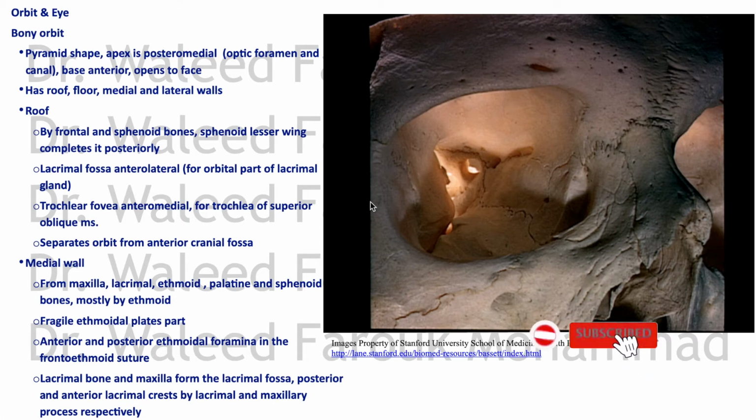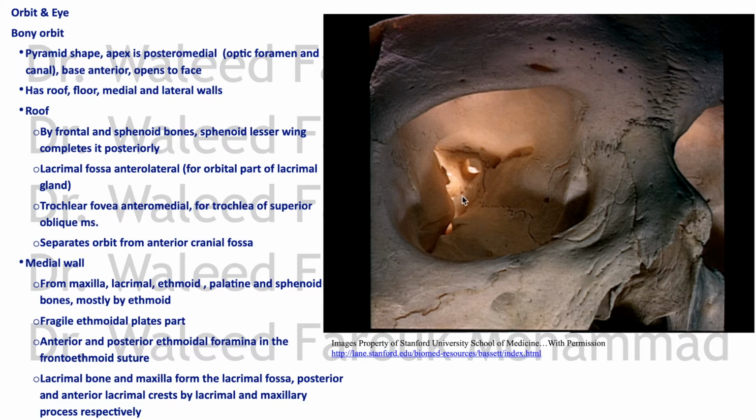The bony orbit, where the eye lies, the globe, the eyeball, is formed by contributions from the surrounding bones. It's pyramidal in shape, like it's thrown on its back, so the apex points backwards, posteromedial, and the base actually opens onto the face. It has a roof and floor and medial and lateral